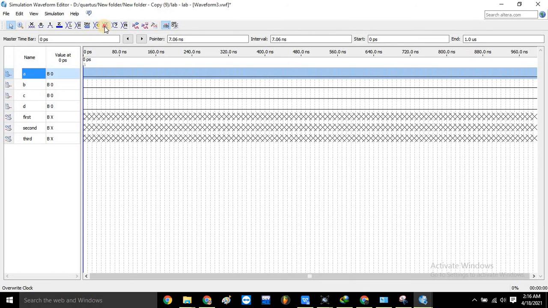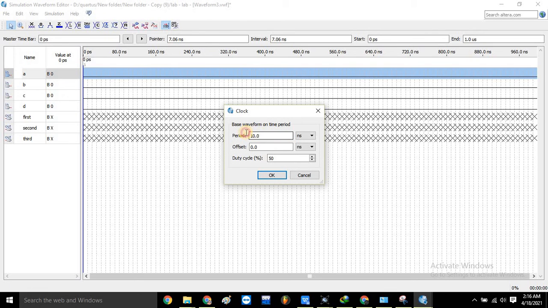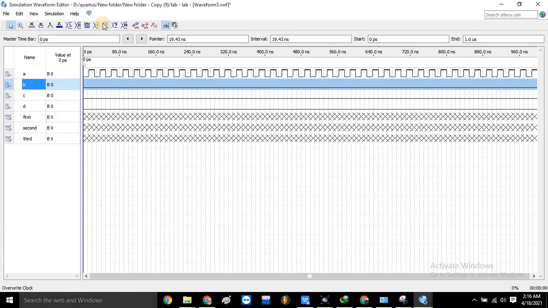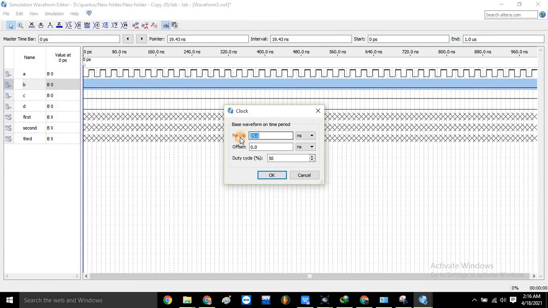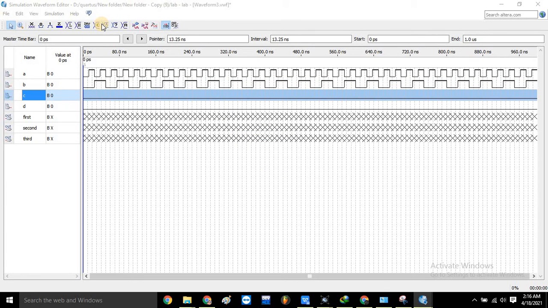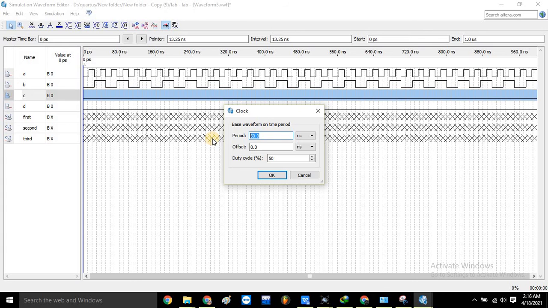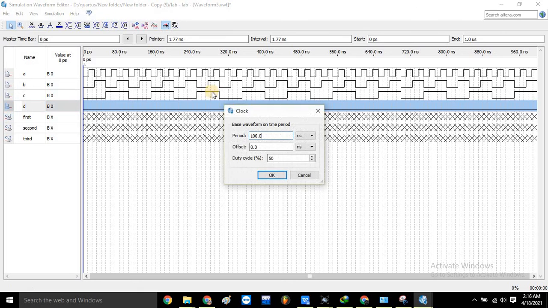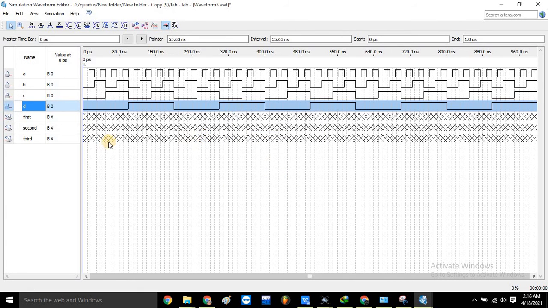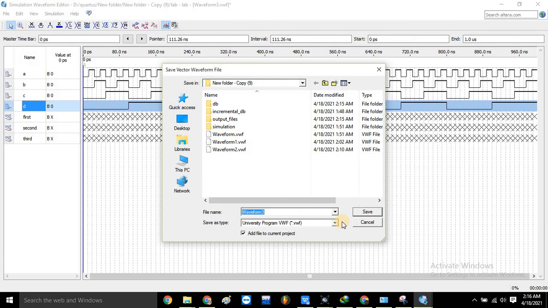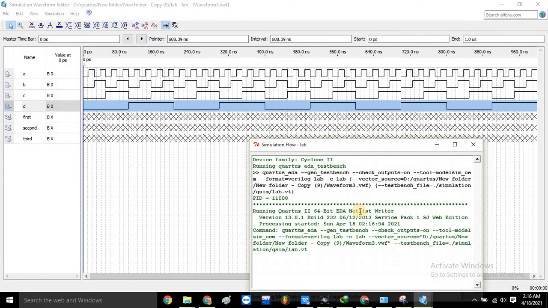We will start with a small clock because we have 4 values, so we are starting with 25, and then we'll give it 50, and here we are supposed to give it 100, and then we'll give it 200. Now we'll simply run the simulation, yes, and see the waveform, yes,